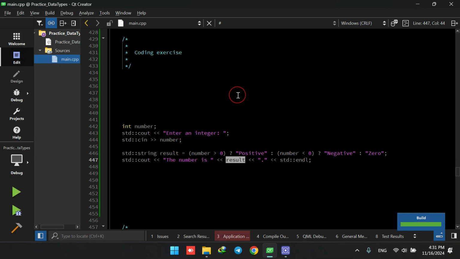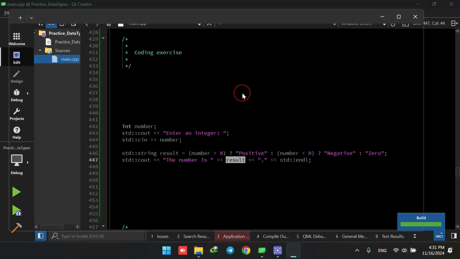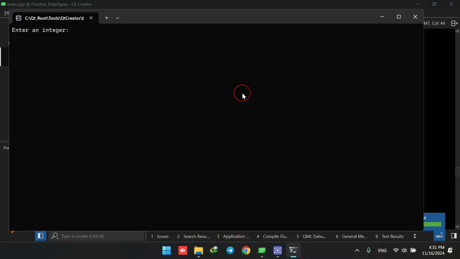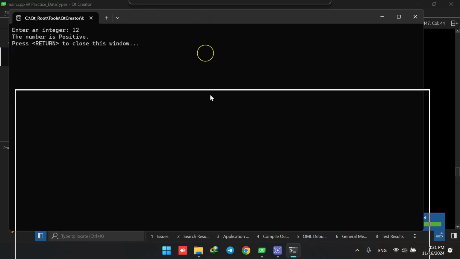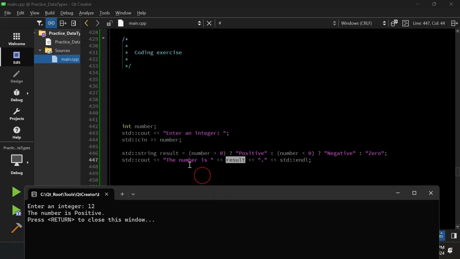So now I'm compiling. So enter an integer, I would say 12. So it says the number is positive. So when it says the number is positive, what I see here is that it checks the first condition: is the number greater than 0? Yes, then the positive is going to be assigned to the result, and then the result is going to be